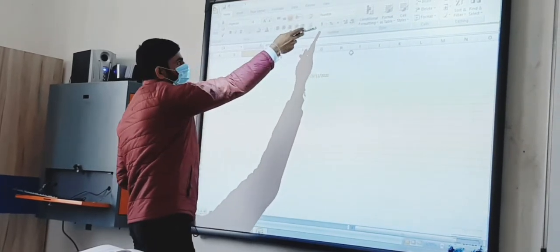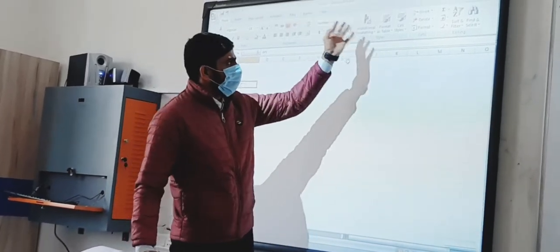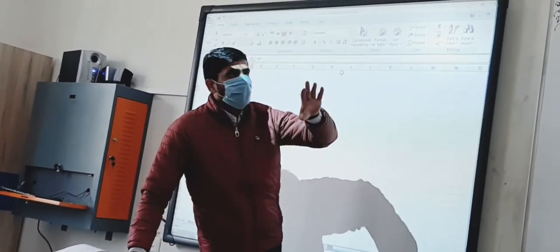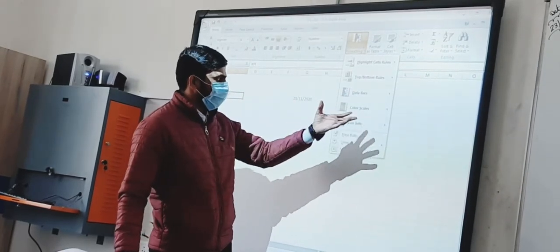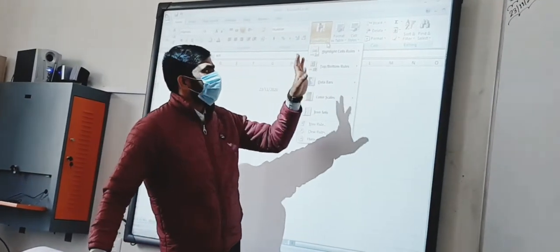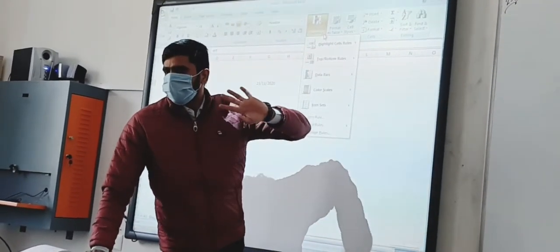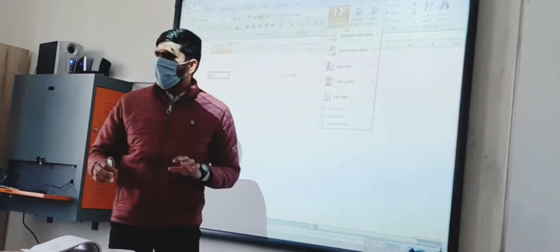This is the dollar sign, meaning the currency sign, the percentage, the commas. Conditional formatting means if you want to format these cells, the data bars, the color scales, icon sets, top rules. So everything you want to do, you will do with conditional statements. Conditional समझते हो?